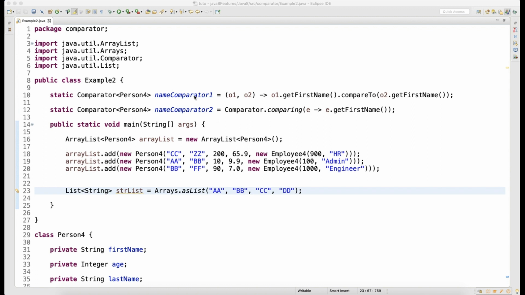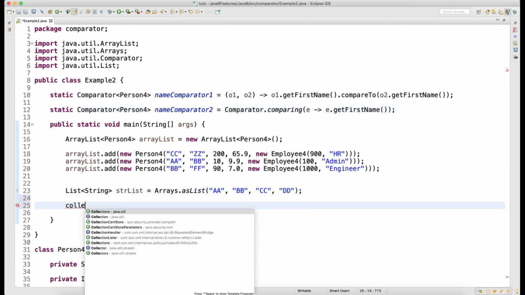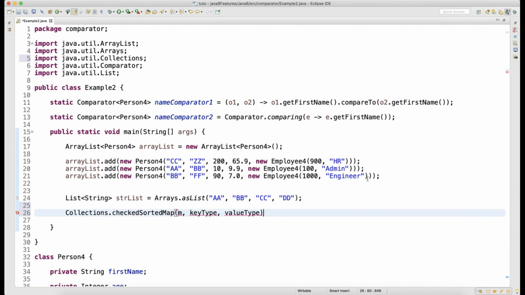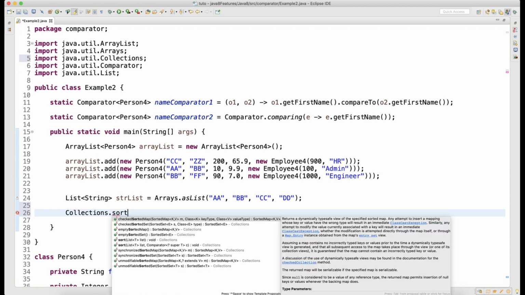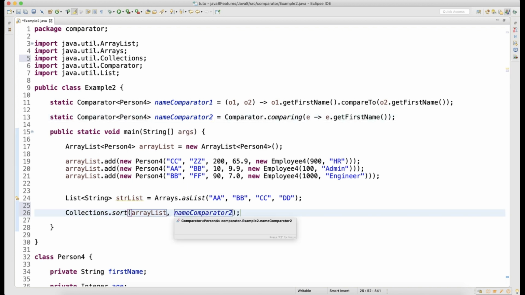Let's say we have this name comparator 2, which will sort your data by the first name. If I write Collections.sort, which takes the ArrayList, and then supply this comparator, it will do sorting in ascending order.